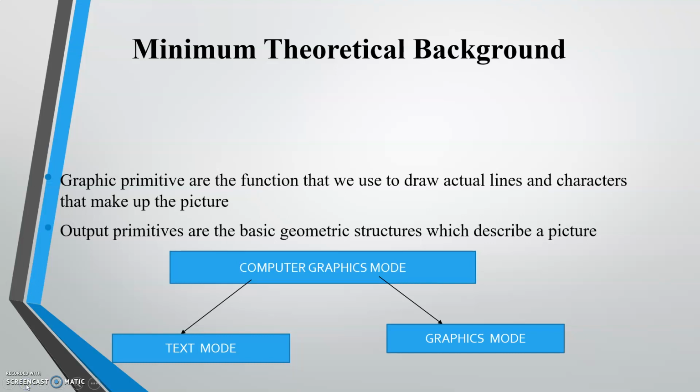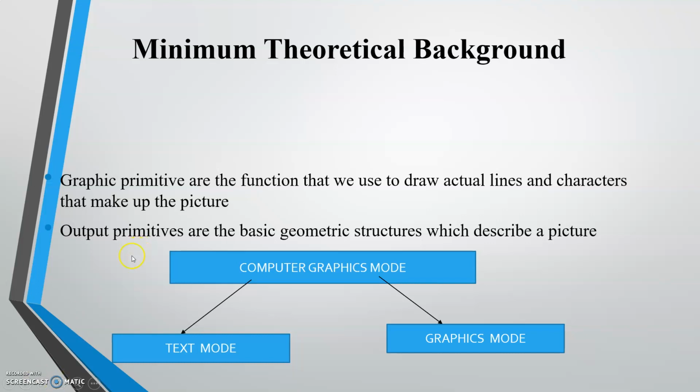Minimum theoretical background for this practical is that you should know the graphics mode. We have studied about some graphics modes. Computer graphics provides different graphics functions to draw various graphics objects. By using these basic graphics functions, you will be able to construct pixel, line, circle, rectangle and ellipse. And you will learn the graphics coordinate system to plot objects.